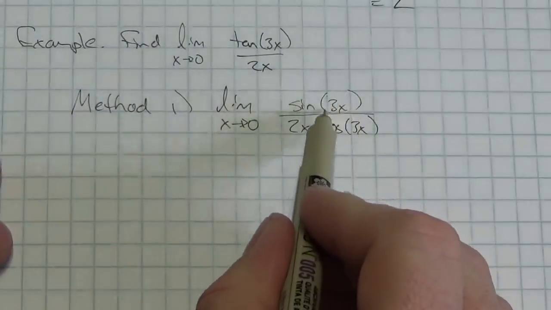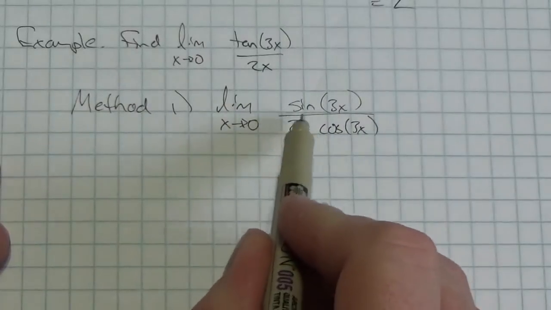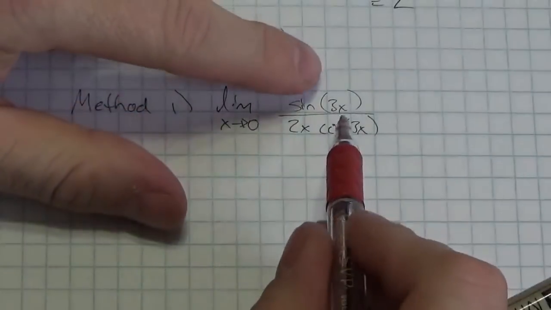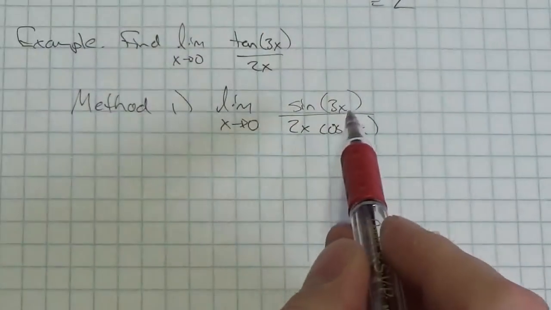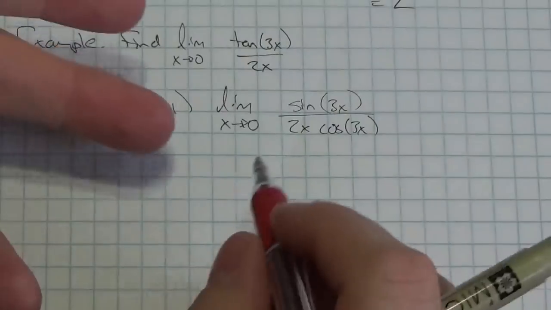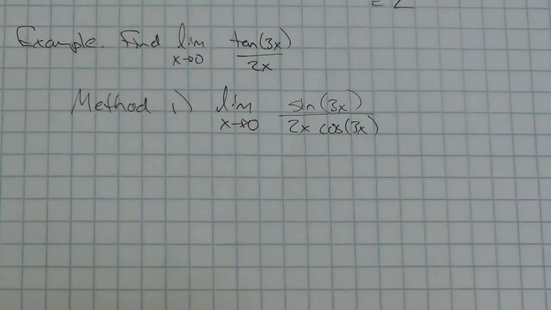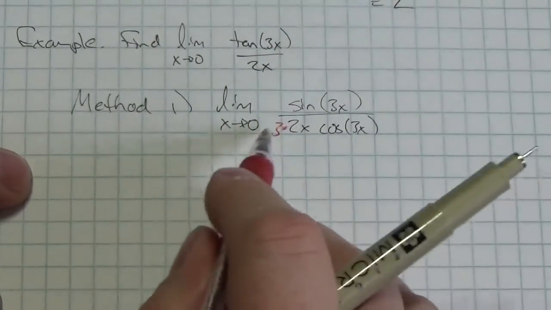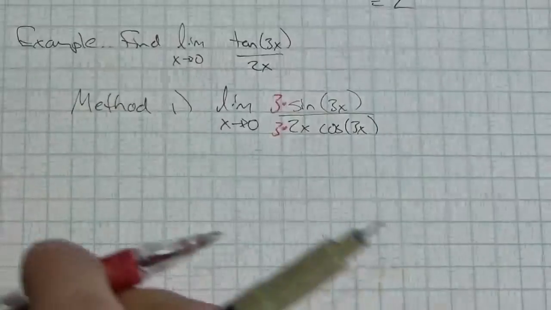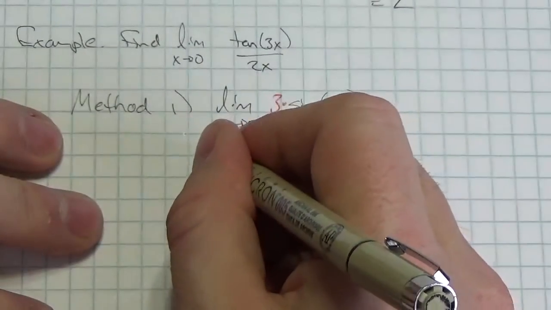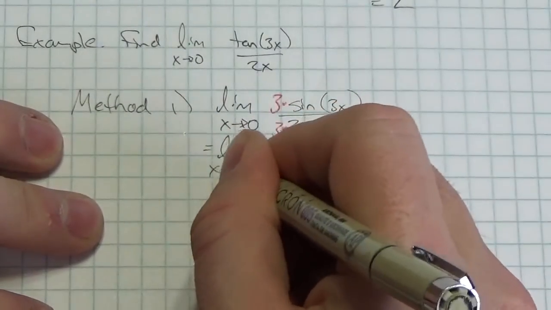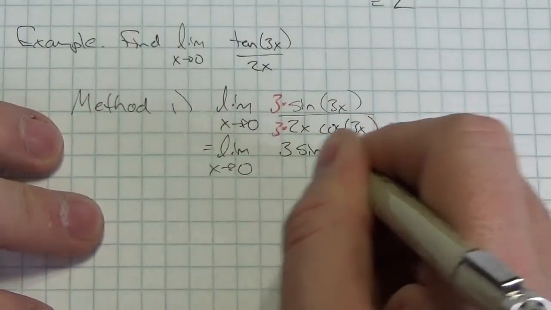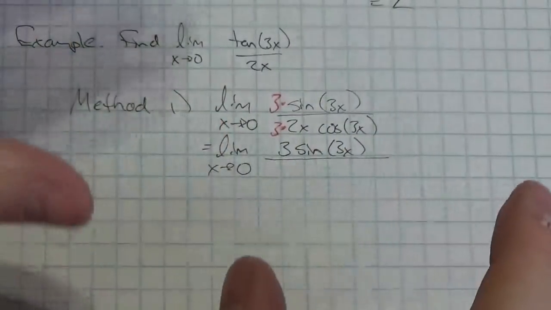Now, because the argument here is not identical to the argument down here, I could either do a substitution and say, let's say theta is equal to 3x, or I could just multiply the denominator through by 3. So introduce a factor of 3 in the denominator, but I have to do it up in the numerator as well. Just to make sure that you understand what I'm doing here, now what I've got is 3 sine of 3x over,